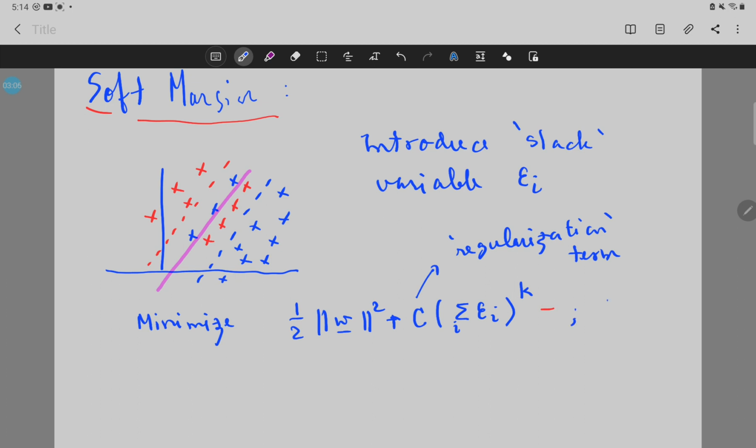Typically k is either 1 or 2. And we minimize it